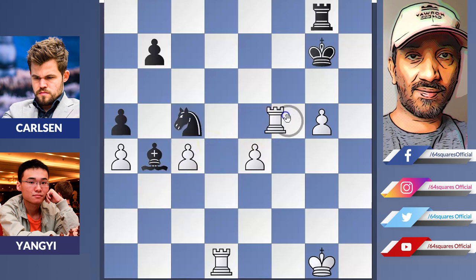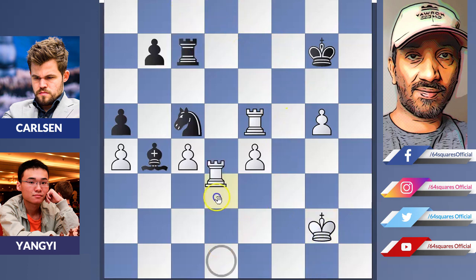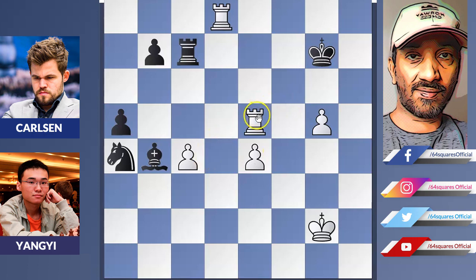Now rook to e5, rook to c8, king g2 and rook to c7, rook to d8. So now knight takes a4, Carlsen wins a pawn, but Yu is launching a strong attack here, rook e8, and now knight to c5, king to f3